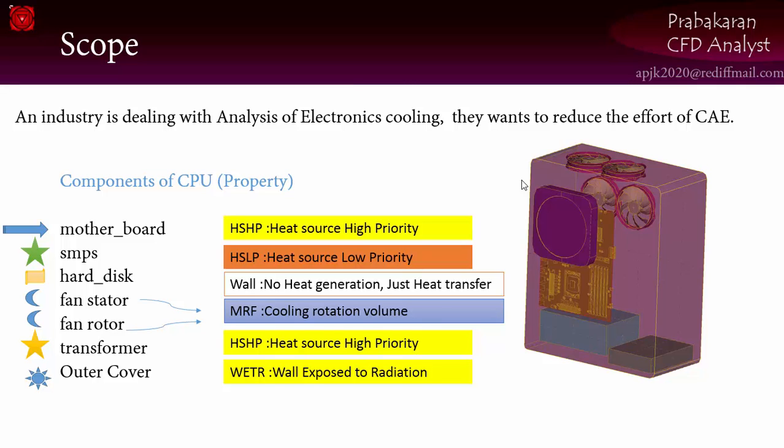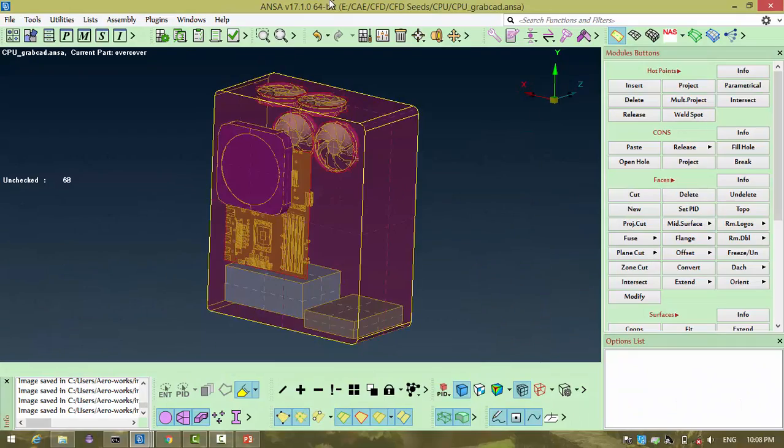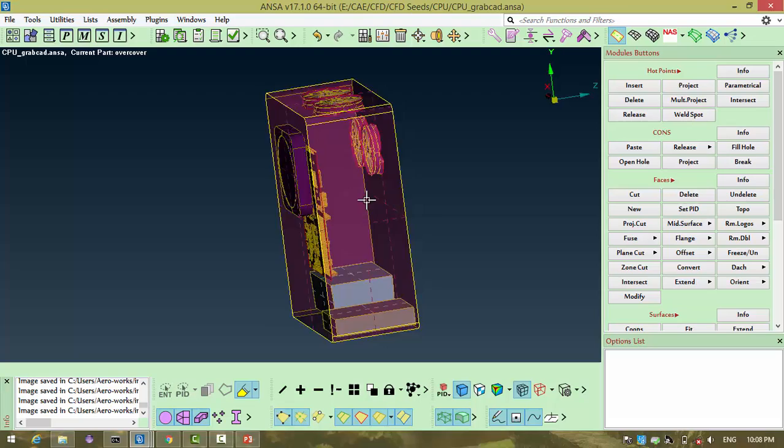But in practical you need to understand that you will be having n number of parts within the transformer itself, and within the outer cover you may have a right, left like that, and on the right there may be some vent holes like that. If you see, we have our CPU model,